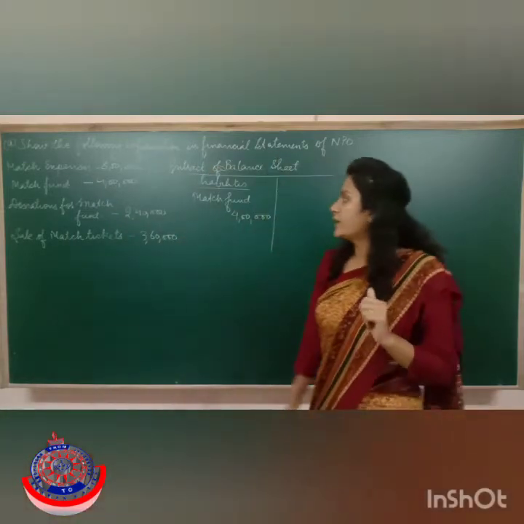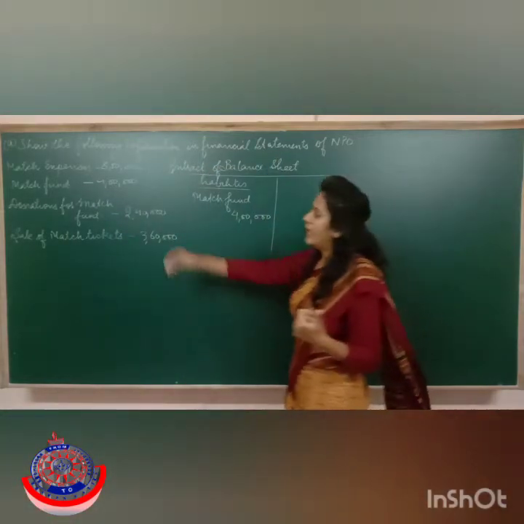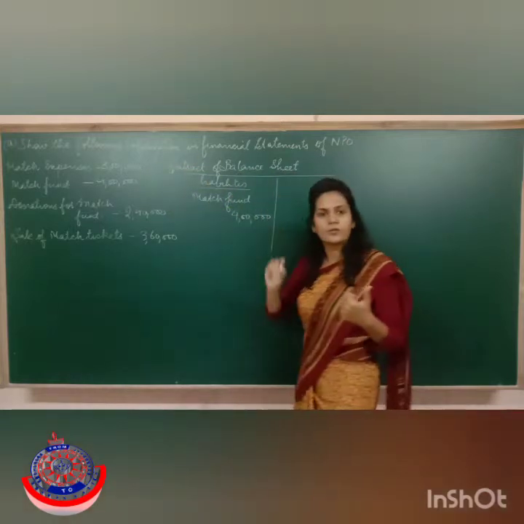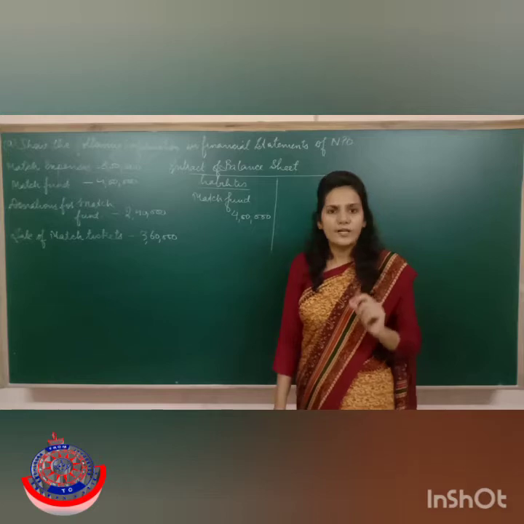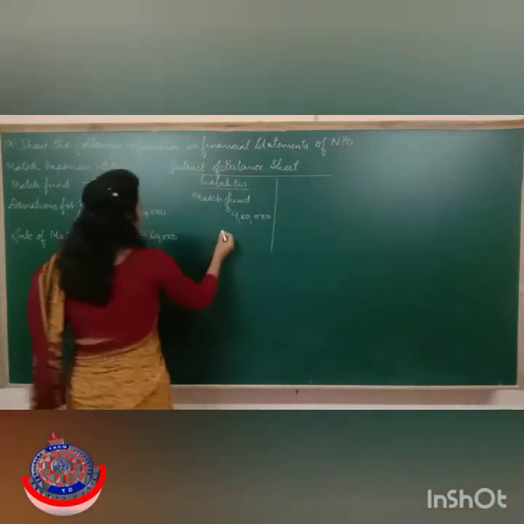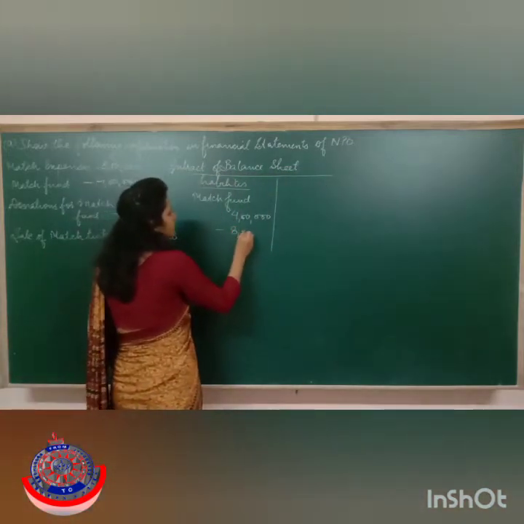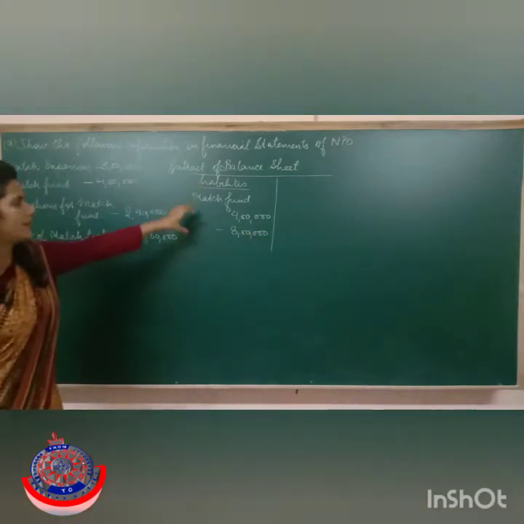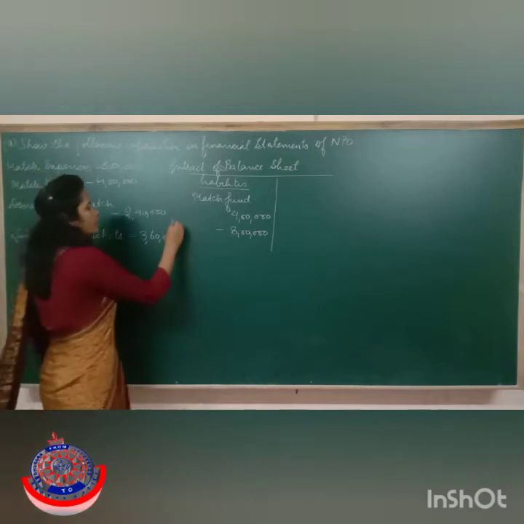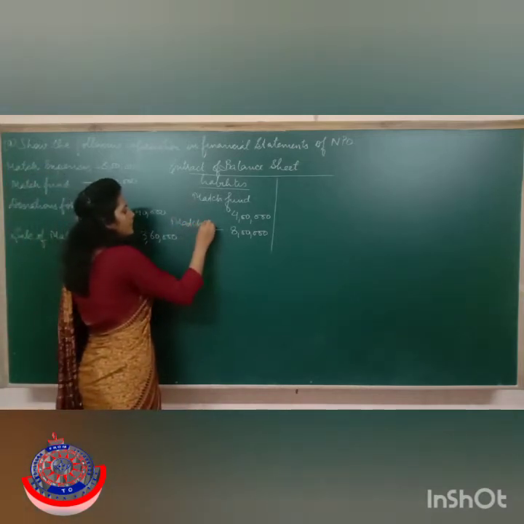As I told you, if some fund is given to you and its related expenses are also given, then those expenses have to be subtracted from the amount of funds itself. So you are going to subtract rupees 8 lakh. Okay, but do write everything in the internal column itself. Right here, match expenses.